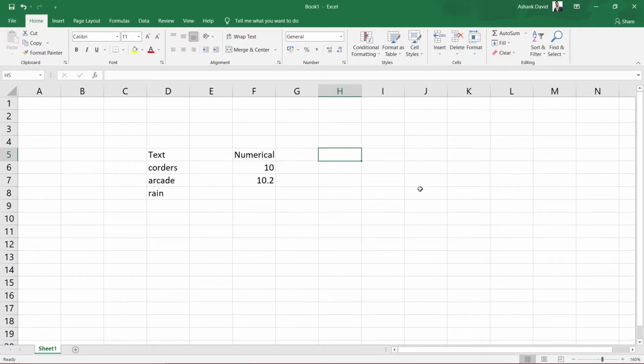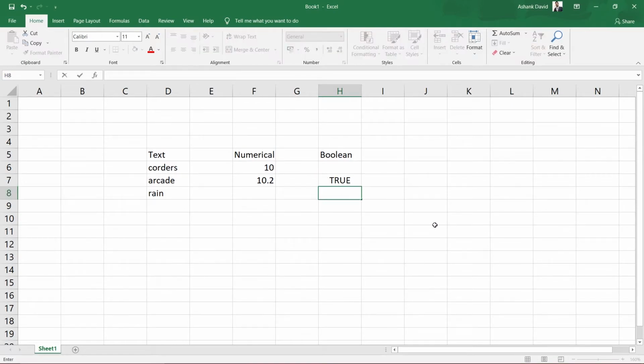Now let's move on to the other kind of data, which is the Boolean data, such as true and false. If I write here, let's say true, and press enter, this true will be aligned in the middle of the cell. So this way you will get to know that this is a Boolean value. This is the Boolean data type.